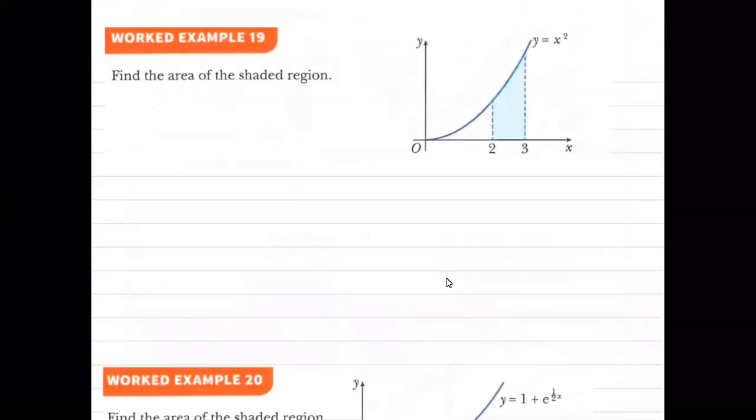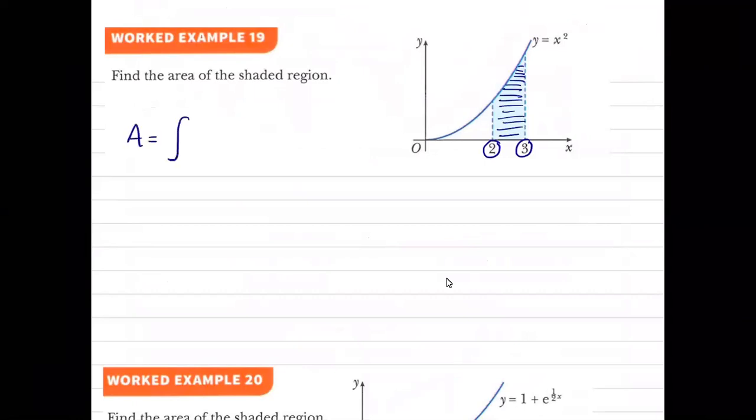Find the area of the shaded region. So I know that integrating a function is going to get me the area bounded by the curve and the x-axis. And if I apply the limits from 0 to 3, it is going to give me the area bounded between these two limits. So to find this area,